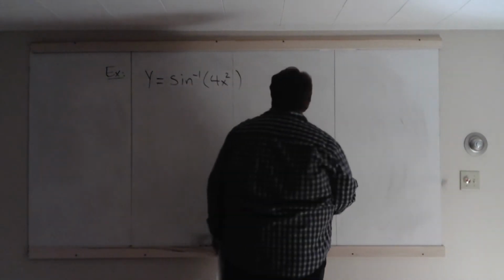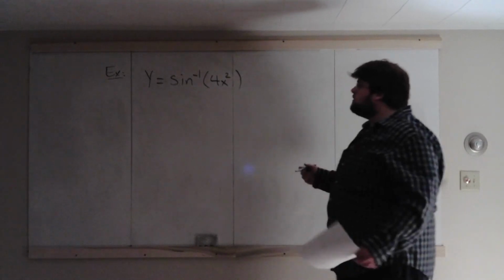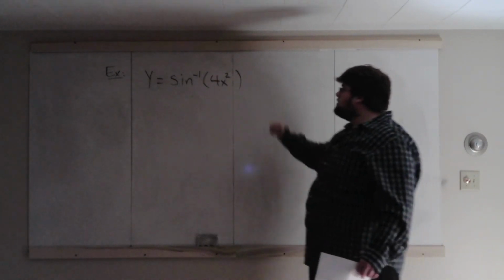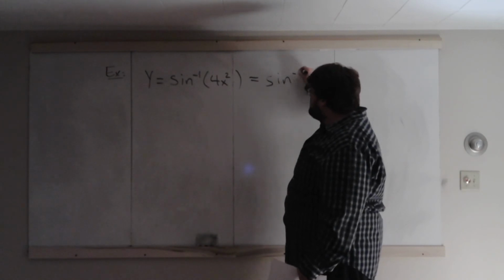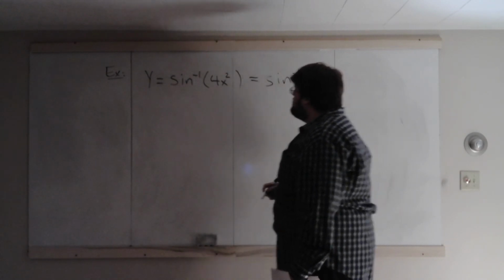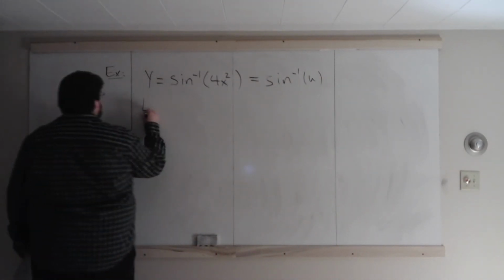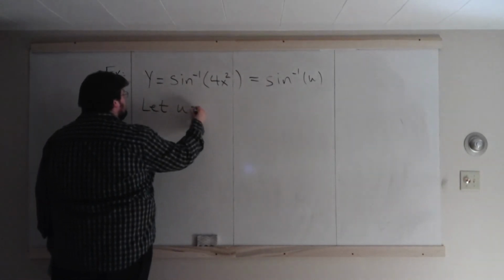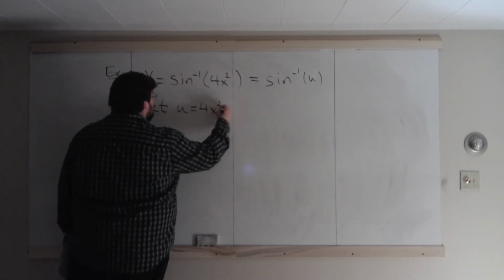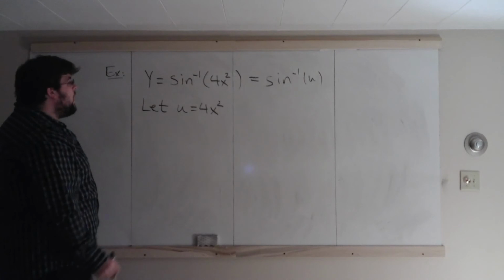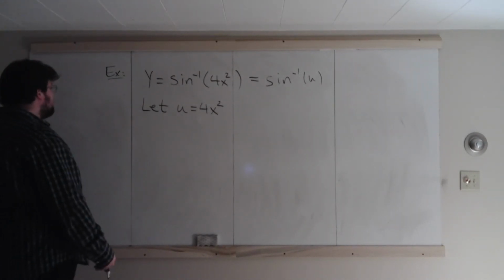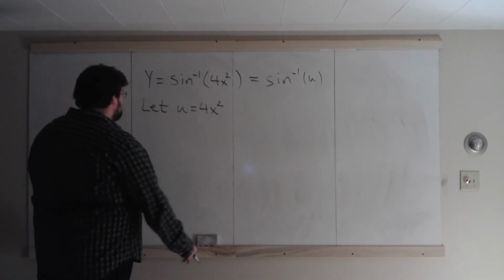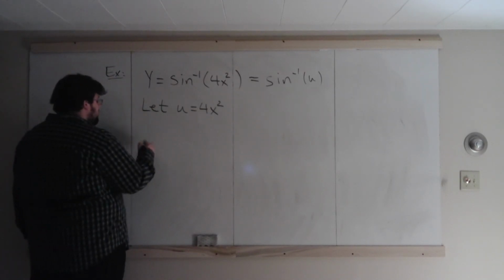Well, the rules told us how to take the derivative of inverse sine. So let's make this look like just inverse sine by letting u equal 4x squared. That now reduces y to a function on which we can apply one of the first 22 rules, in particular Rule 17. Derivative of inverse sine